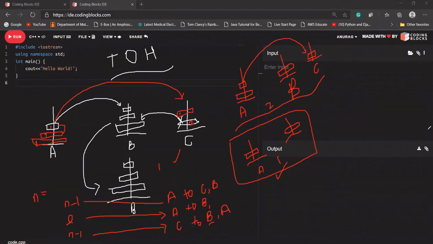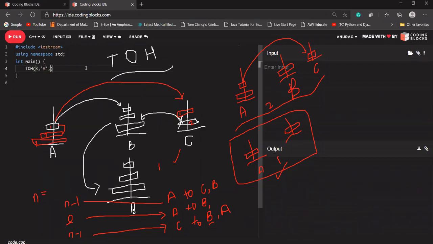Okay, so the code will be very short, because we don't need to do anything. What we are going to do here, let's say I'll be writing a quick code for it. Tower of Hanoi, let's make it TOH. Okay, just wait. TOH. Let's say for n, what I can write. For right now, I'm writing 3 for n. We'll be changing it, and we'll see whether we have done it right or not.